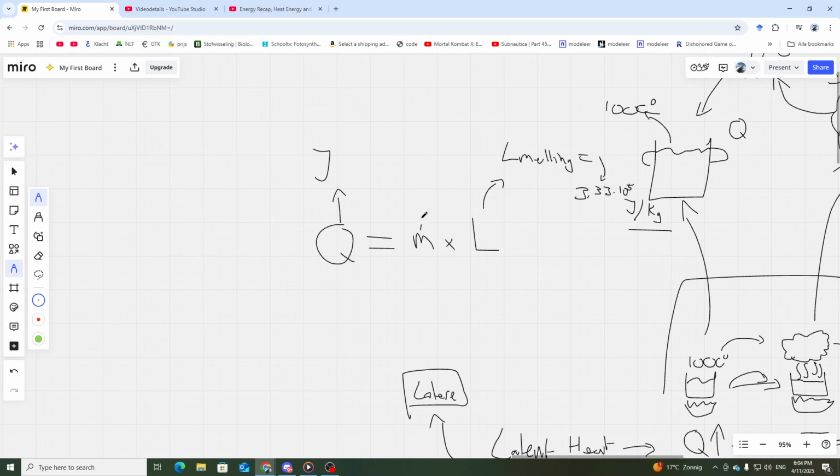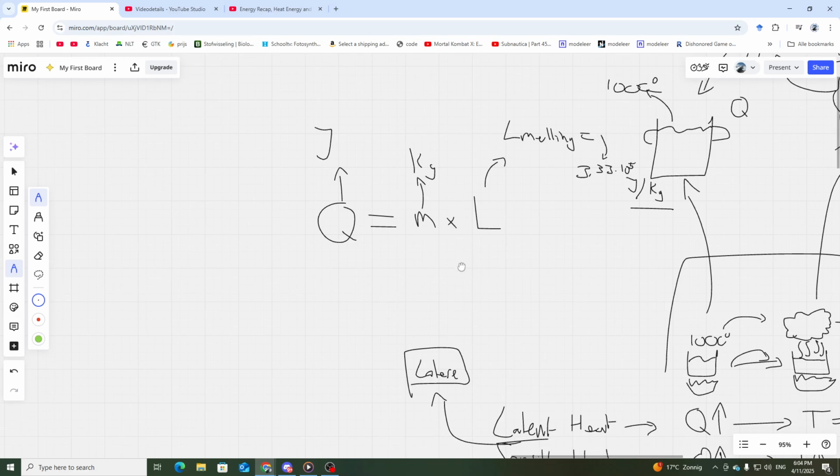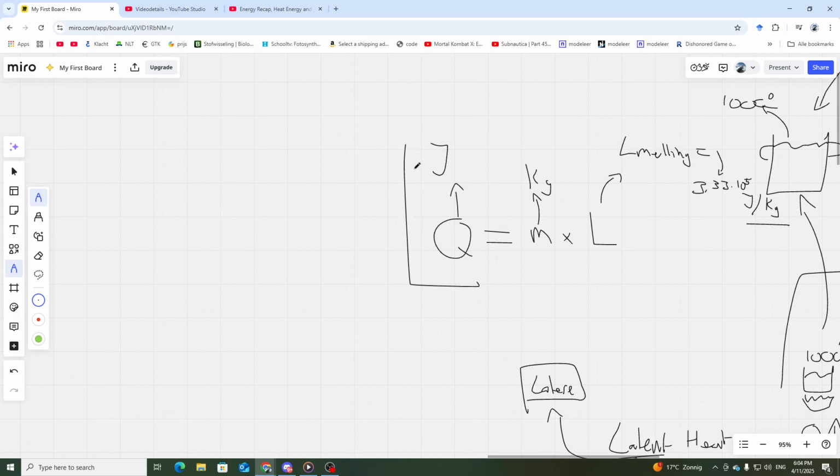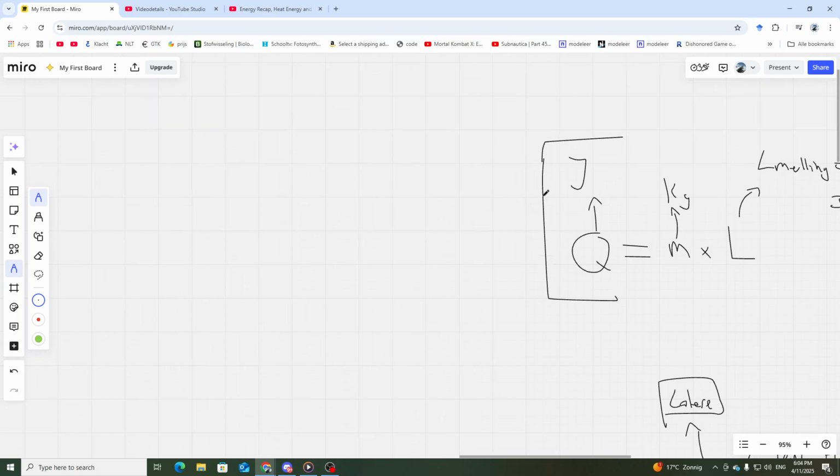That is the L, and then our mass is M, and this is in kilograms. Yes? So, an example question could be: we have some gold. We struck it good in the economy. We bought in the dip of the market crash, and I bought some gold. I bought a total of 500 grams of gold, and I searched on the internet, okay, wait, what is the latent heat for my gold? And I found out that that is